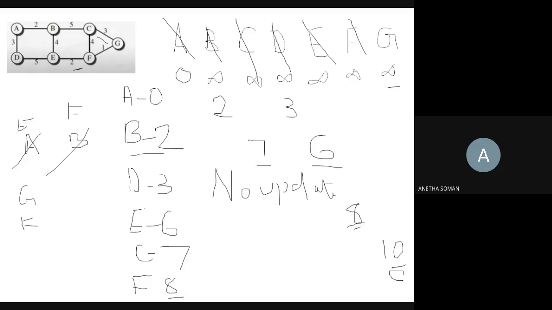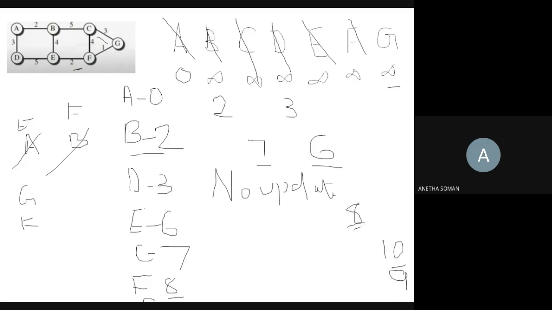So the value will be equal to 9. If the value is more, you don't have to consider. If the value is less, you have to update it in your routing table. Now, C is the next neighbor. C is already finalized, so no need to write it. Now, out of these, only 9 and 10 remain, and the least value is 9.